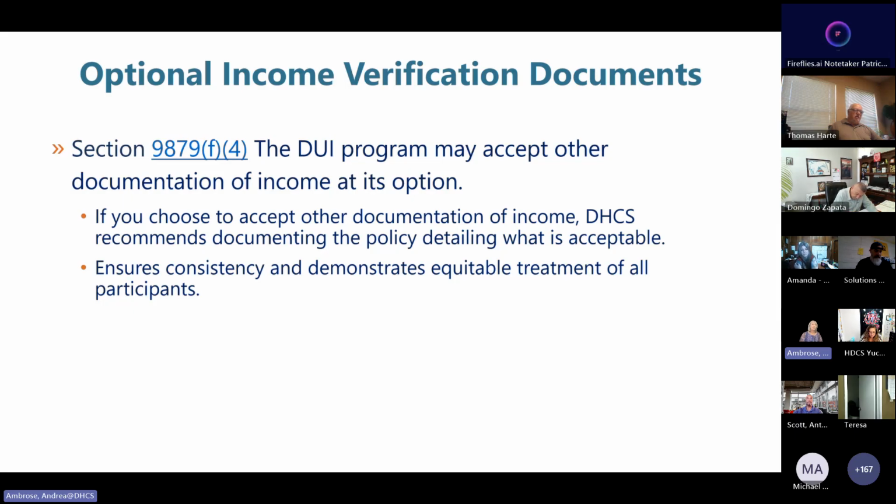This will ensure that every participant is treated fairly and equally, and that you're consistent in the application of the assessment across your company, no matter who's doing the assessment.